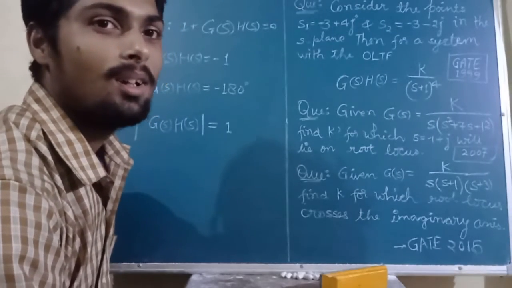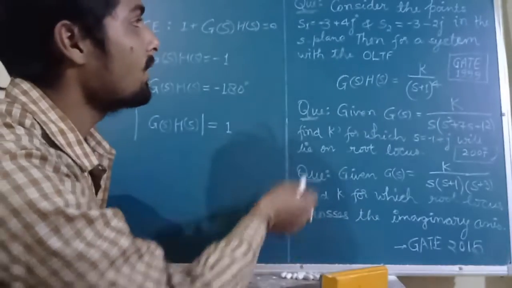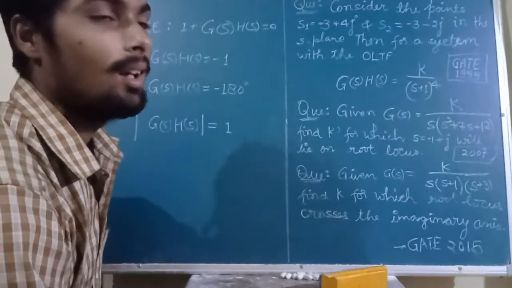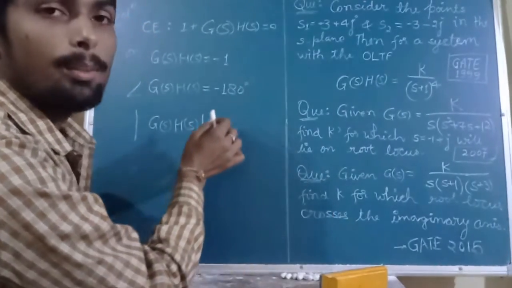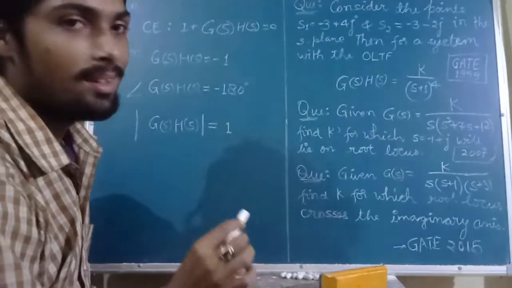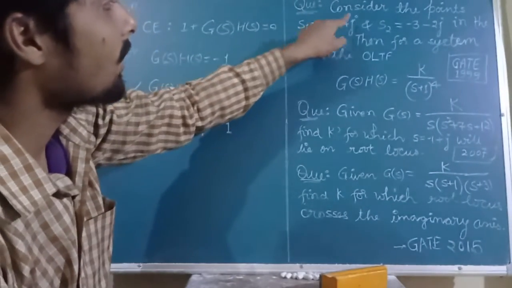हेलो दोस्तों, आज हम रूट लोकस के कुछ स्पेसिफिक कॉन्सेप्ट्स पर आधारित 3 प्रश्न देखने वाले हैं। बहुत ही महत्वपूर्ण प्रश्न है, आप बहुत ध्यान से देखिएगा। हम जो कॉन्सेप्ट यूज करने वाले हैं वो है, हमारी कैरेक्टरिस्टिक इक्वेशन होती है 1 + GSHS = 0। ठीक है, क्वेश्चन पढ़ते हैं।